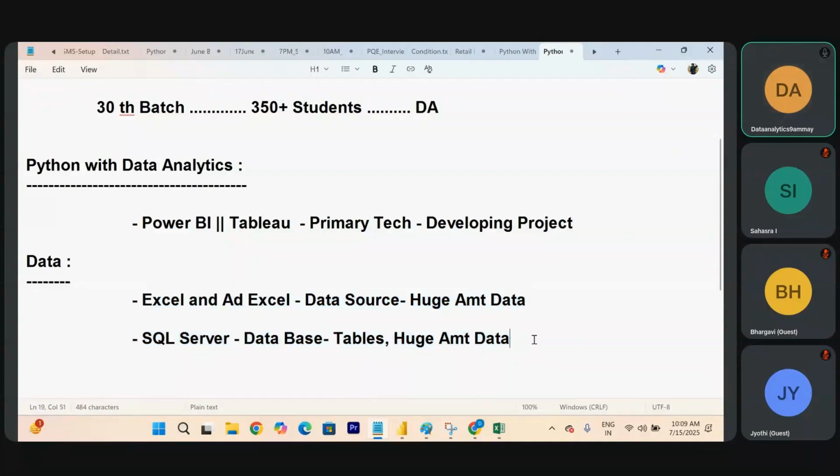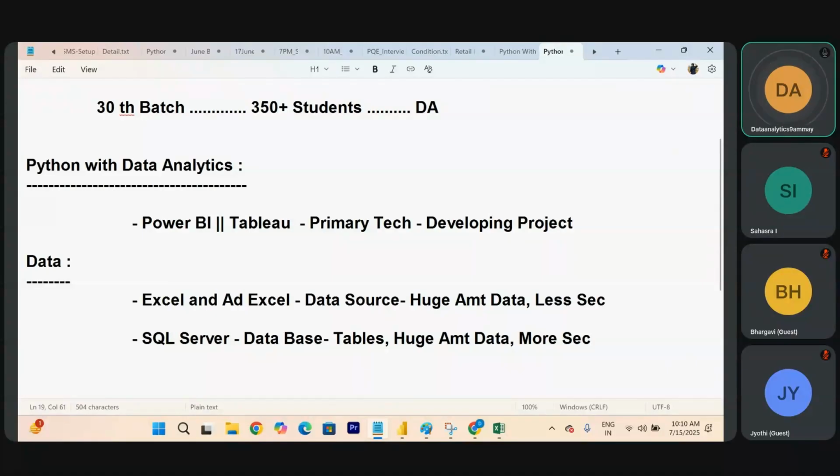So if both are functioning the same, both are having the same kind of data, why do we need to learn SQL? That is the question. Just observe here, Excel is there everywhere in your laptops. SQL also you can install in every laptop. But the problem is when you go for Excel, there is less security. It is like open source, anybody can use it. When it comes to SQL Server, it has more security, right?